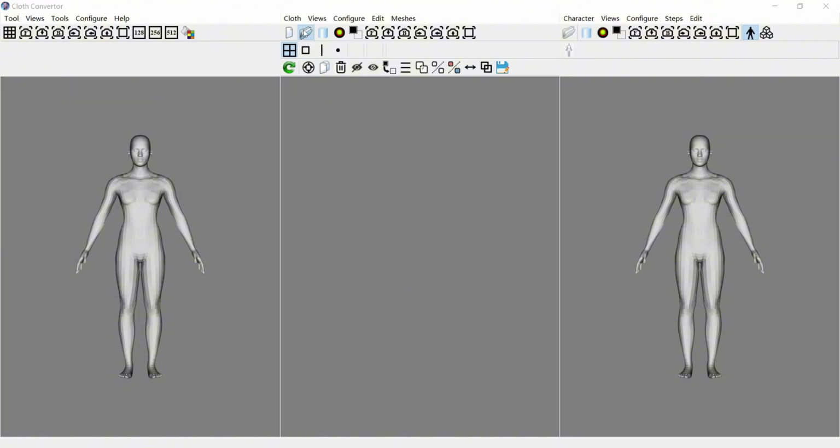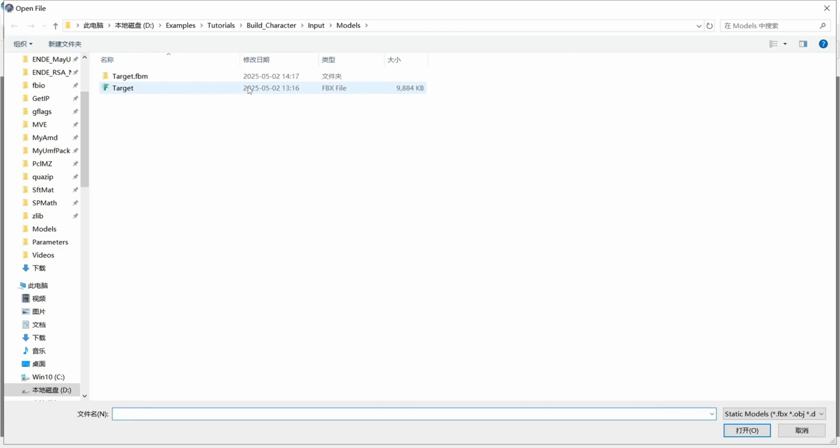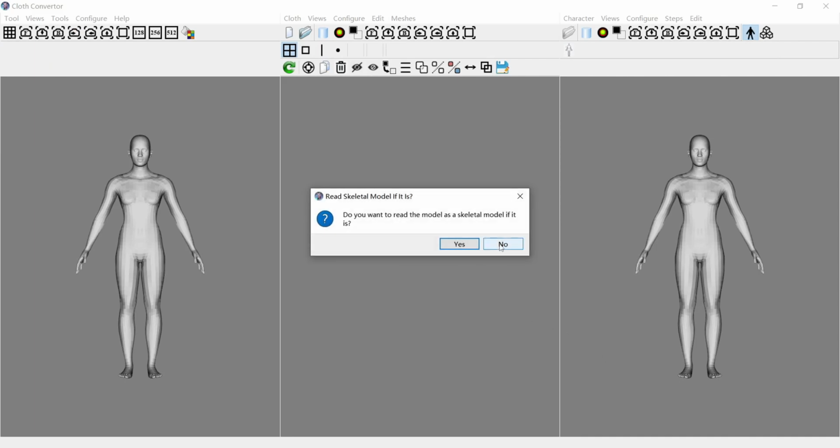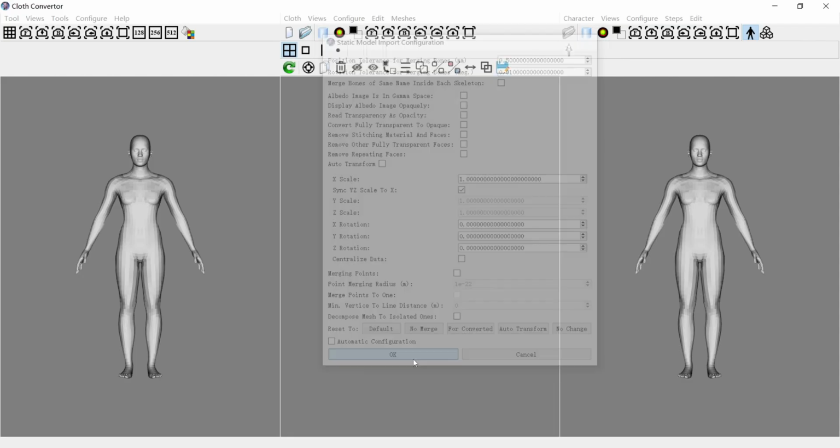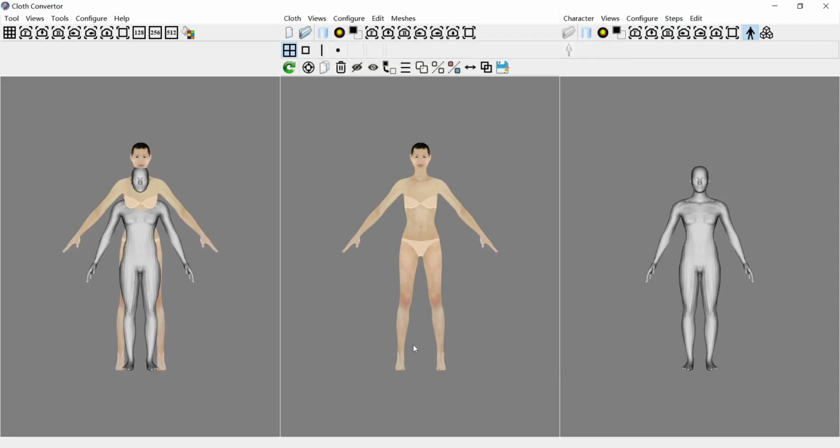let's load a model which we need to match. This is the model. We need to match the shape of this one to this one. In cloth